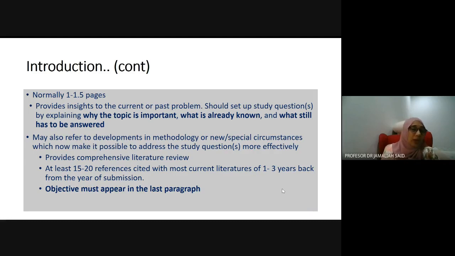But what is missing? What are the weaknesses of past studies? What is the gap that you need to fill in? That's why it warrants your study, or that's why it triggers you into doing this area for your PhD or master. You may also refer to development in methodology or special circumstances. You may also